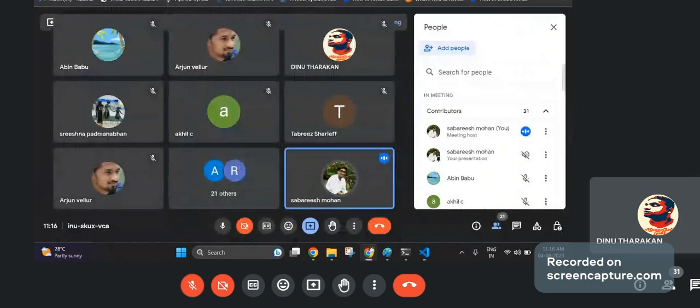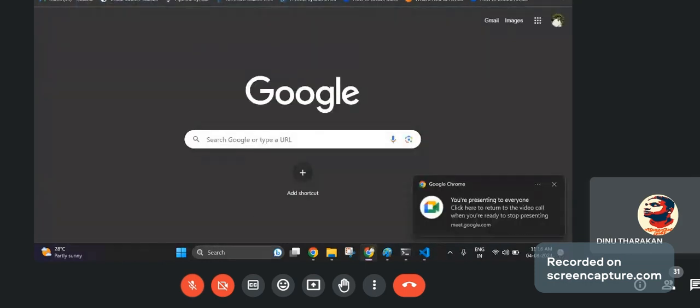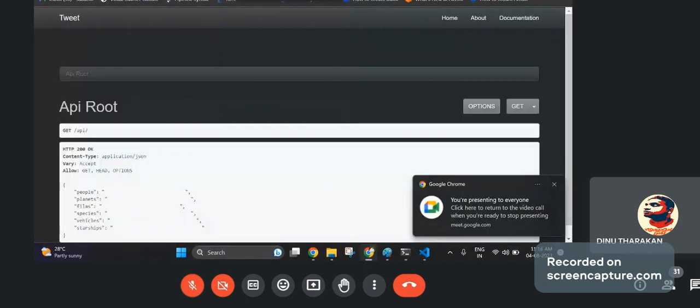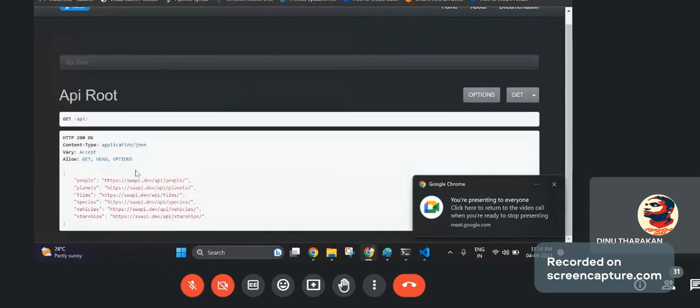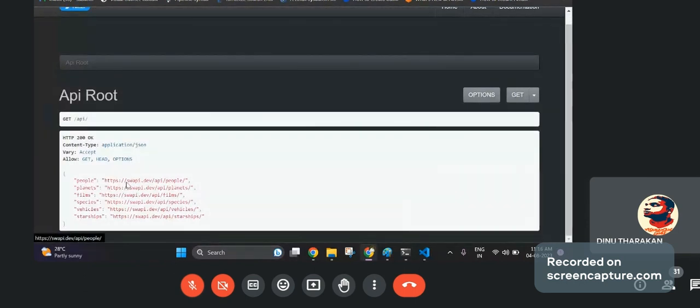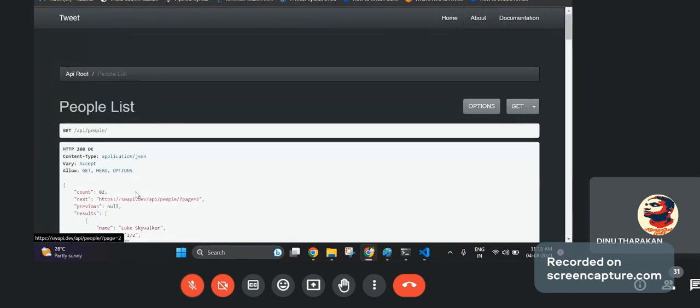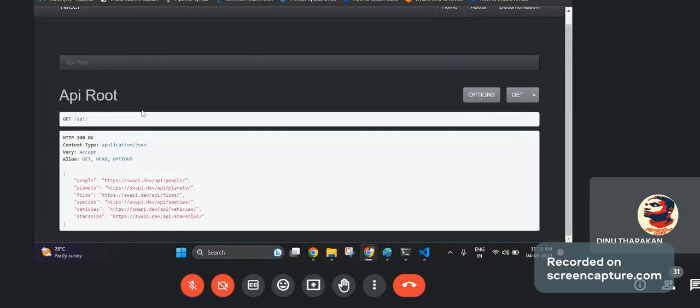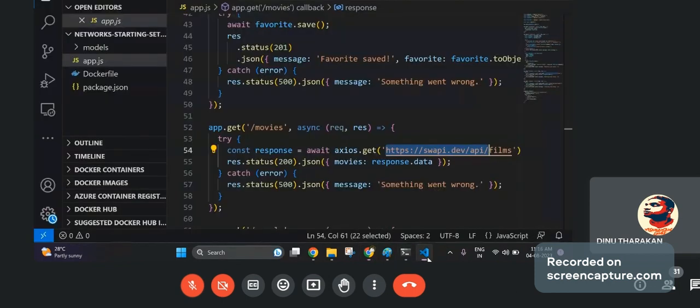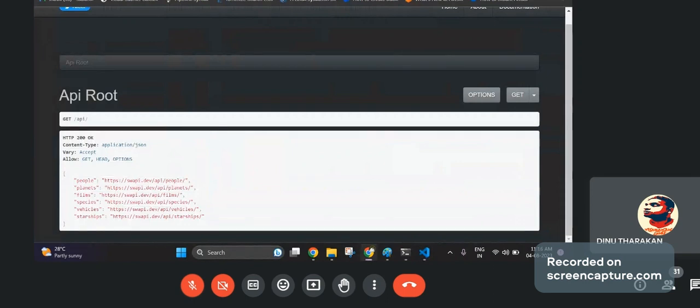If I copy and paste this, they are basically making a request over here, going and getting these people, making a call to this particular API.